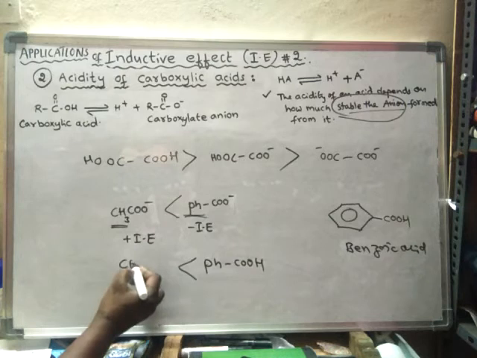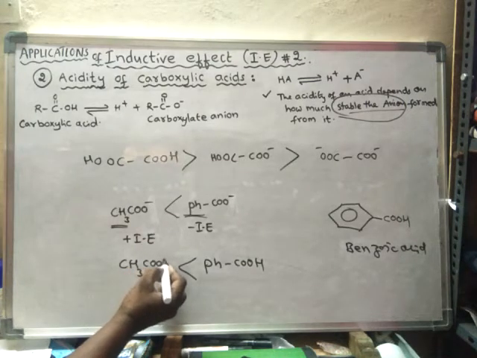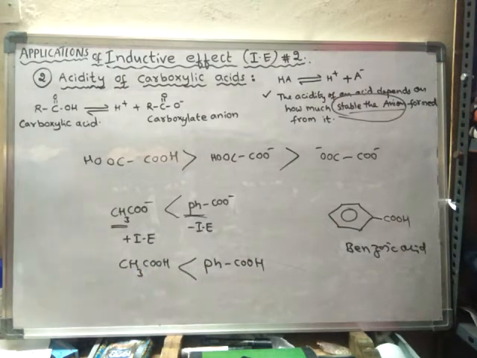As this anion is more stable than this anion, the benzoic acid is a stronger acid than acetic acid. So benzoic acid is more acidic than this acetic acid. So like this, we can compare